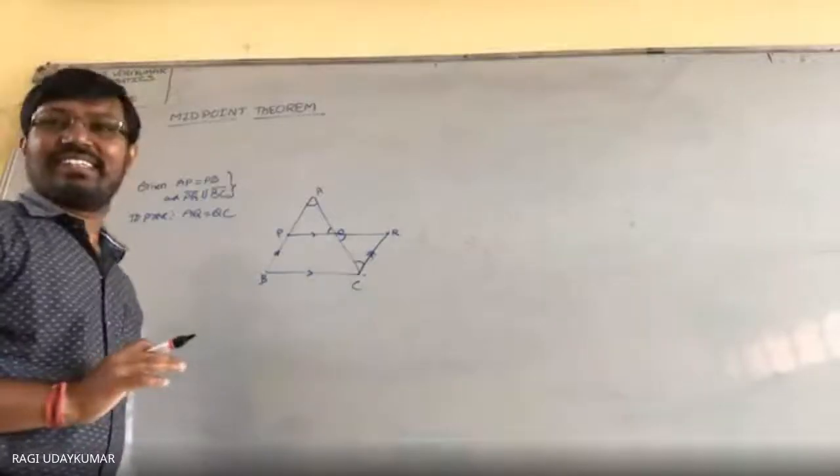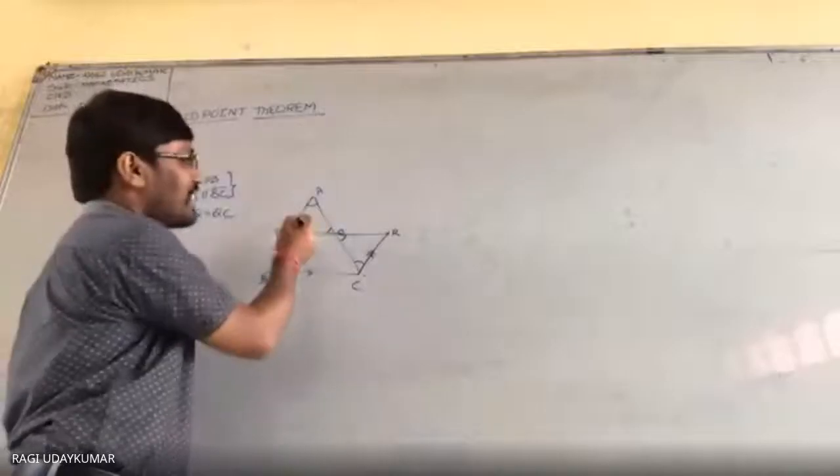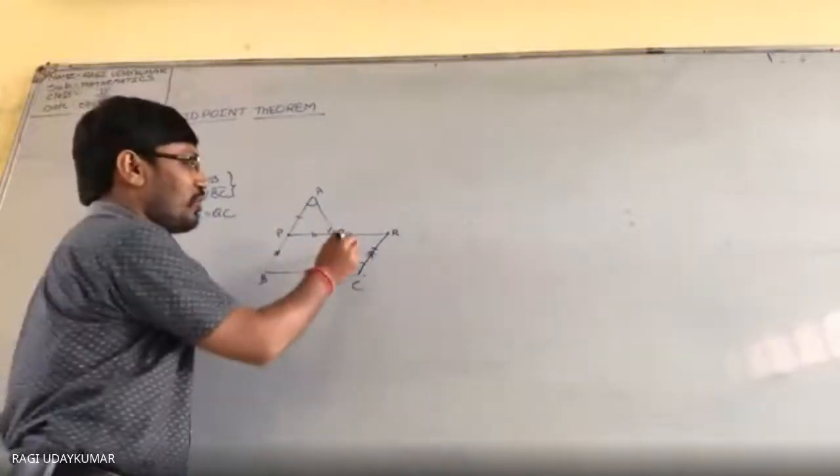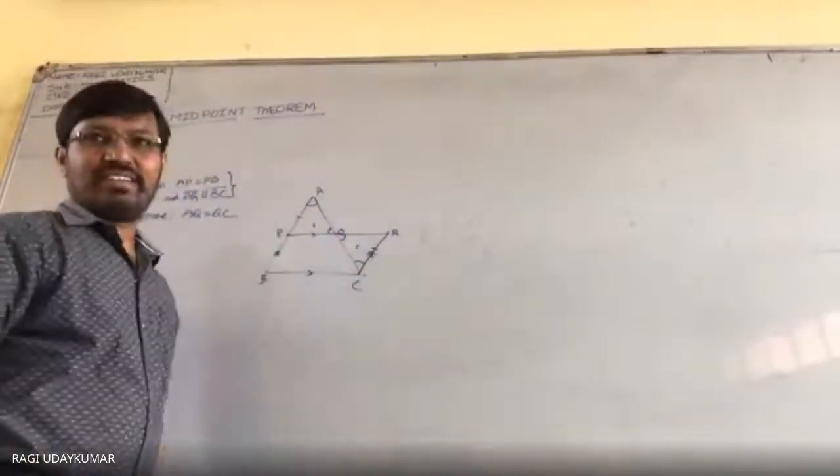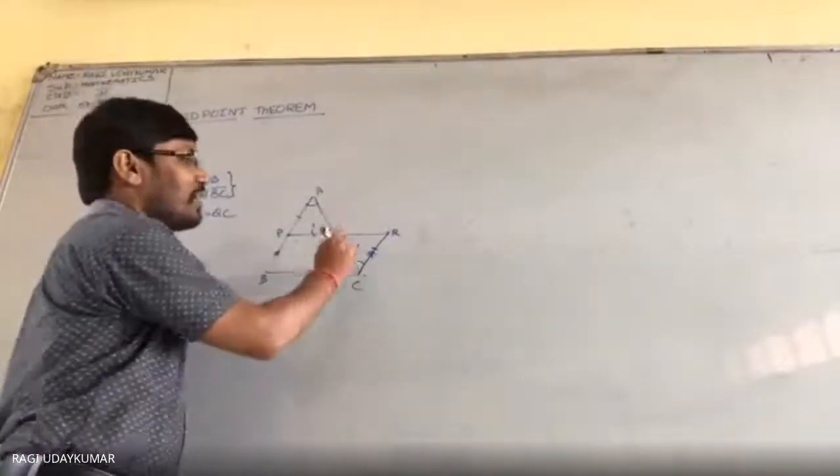Sir, P is the midpoint of AB now. हाँ. So then AP is equal to PB. Yes. So if we can say that PB is equal to RC, then we can also say that AP is equal to RC. Yes, sir. तो then after two angles and one side इक्वल होगा. ये दोनों कॉन्ग्रुएंट हो गया. ये दोनों कॉन्ग्रुएंट प्रूव कर लिया. ये दोनों कॉन्ग्रुएंट हो गया तो ये Q इक्वल टू QC हो गया.